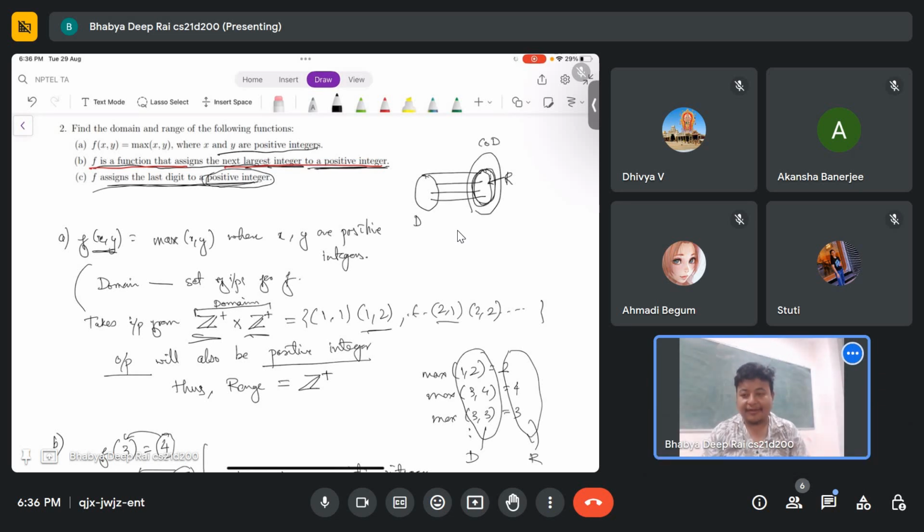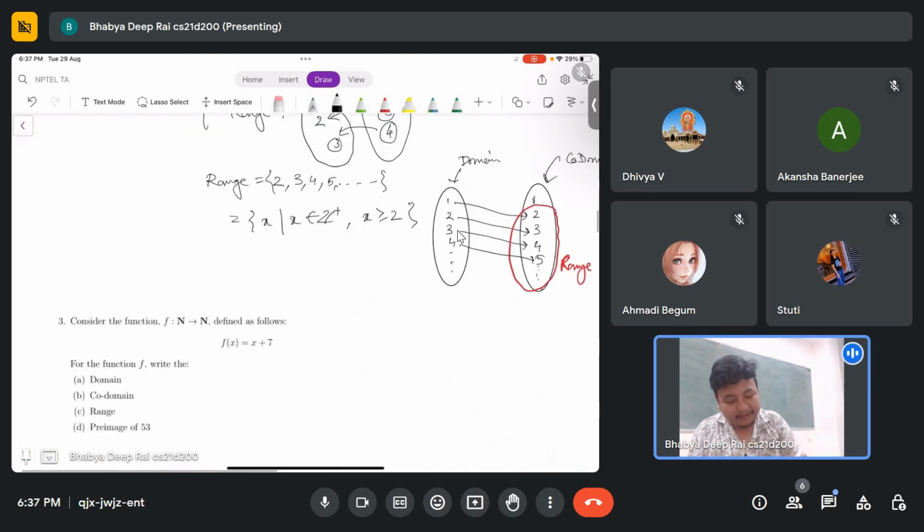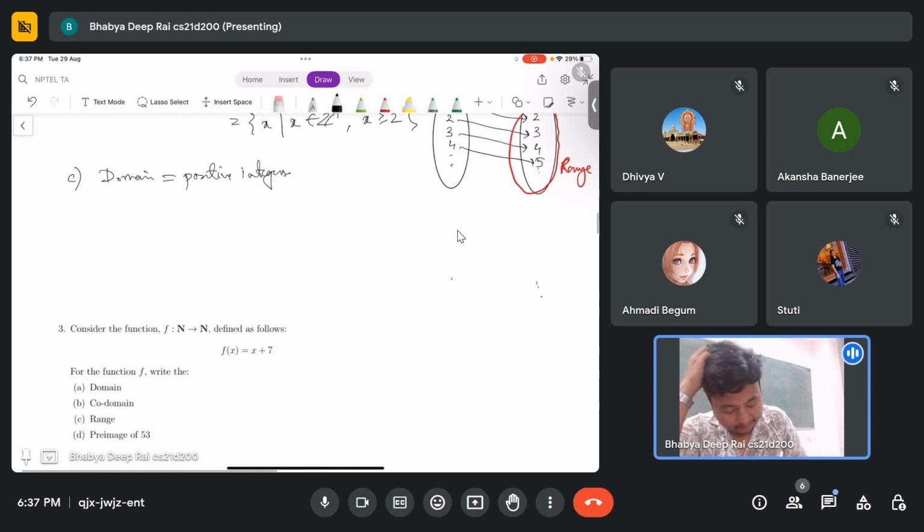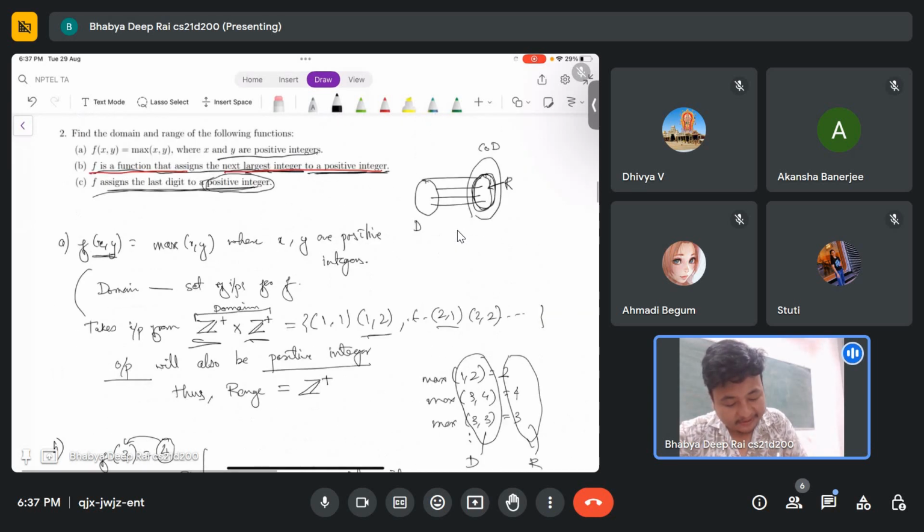Akanksha says 0 to 9. That's right, Akanksha. The answer is 0 to 9. Well, why? Domain is like before, positive integers. Now, if it says the function assigns the last digit to a positive integer,